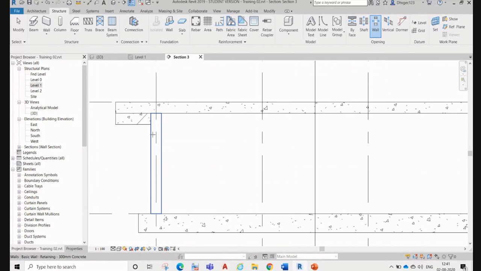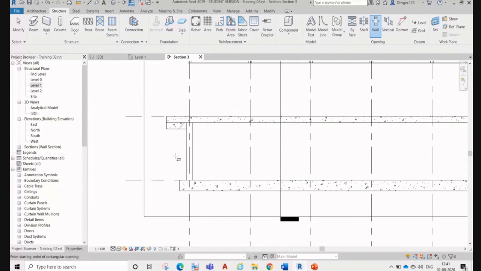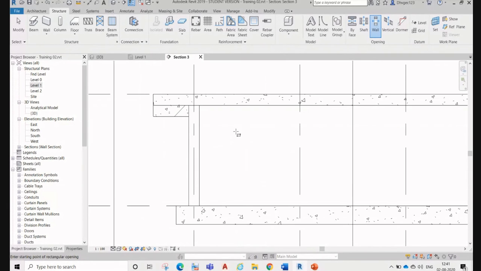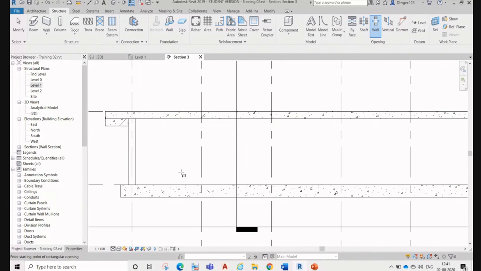Right now if I go to the corner, it is not selected, so I just press Tab. Tab means we are checking alternate options at the same location. Once I click it, I have selected my wall.